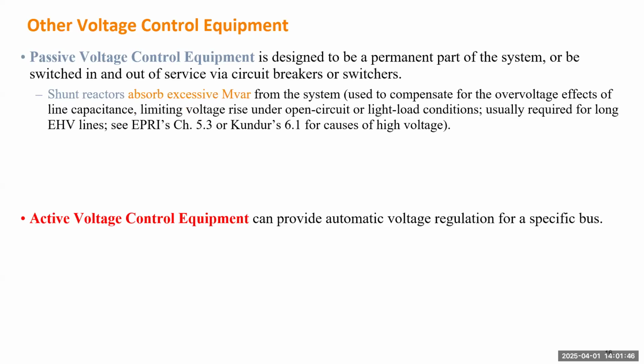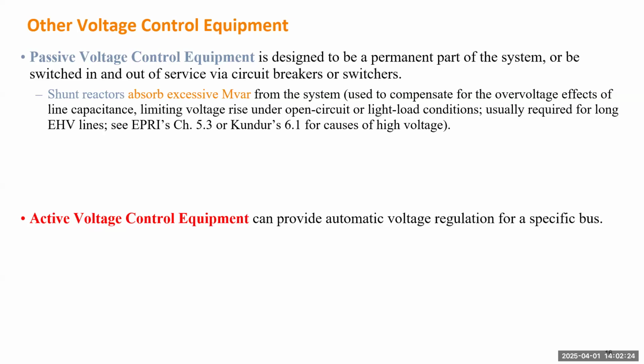The examples will be reactor and capacitor, in either shunt or series connection. So there will be four combinations. The first one will be the shunt reactor. The shunt reactor will absorb excessive VAR from the system. So if you do have an over voltage issue, you need to switch in this shunt reactor. That will limit the voltage. Usually the shunt reactor is needed for open circuit or light load conditions for long transmission lines. So later we'll have a slide to explain why we need a shunt reactor for high voltage long transmission lines under